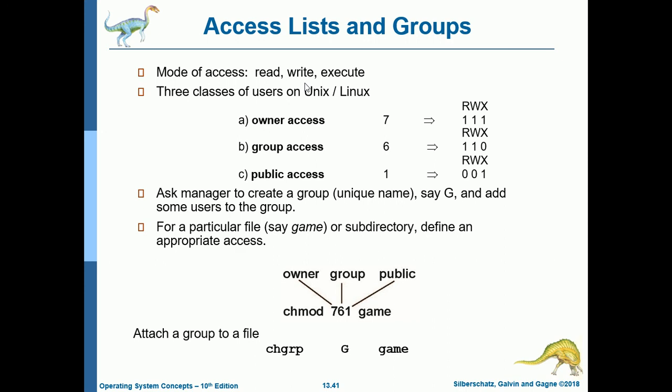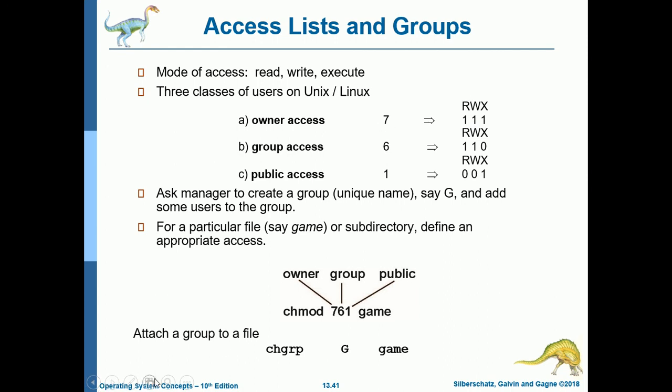The typical modes of access are read, write, and execute. For Unix and Linux, the three classes of users are, first, owner access. The code is 7. This is for read, write, and X is for execute. So why is it 7? The owner can read, it can also write because it's 1, and then it can also execute. Why is it 7? Because, as you can remember, with